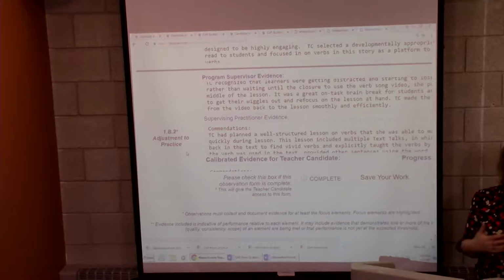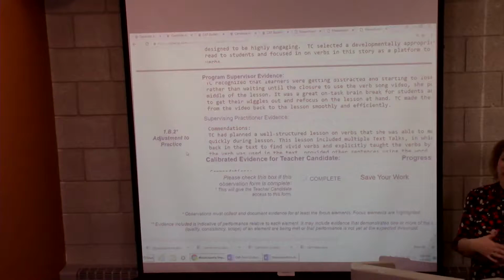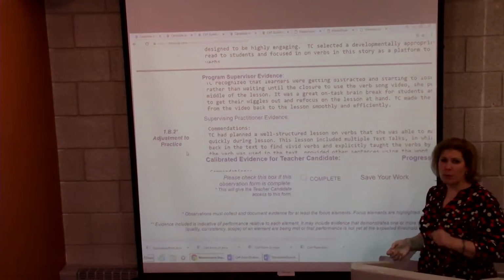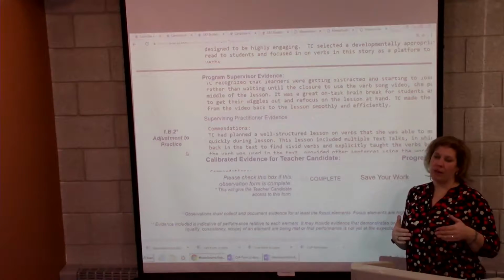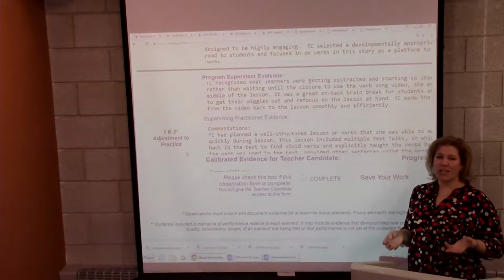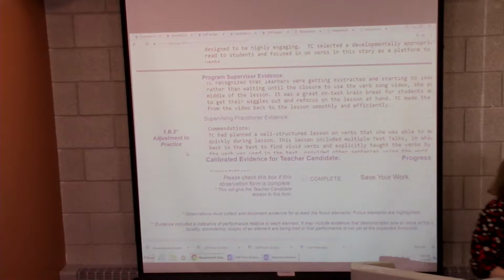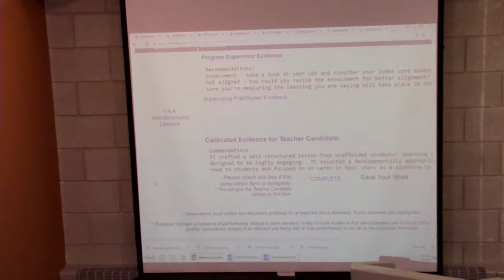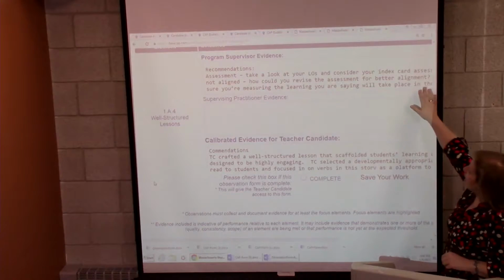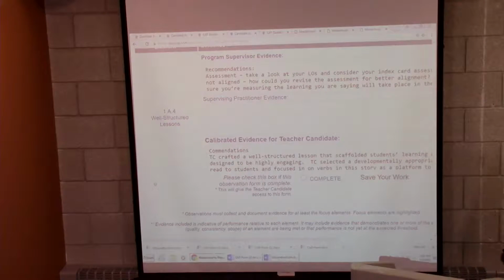They're really busy, they might not have the opportunity to provide feedback on all the CAP elements, but you, the program supervisor, should really try and provide your own feedback. It's only going to help you out when you get to that formative and summative assessment. So let's jump back up here. In my feedback here,